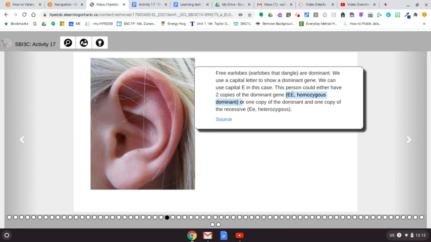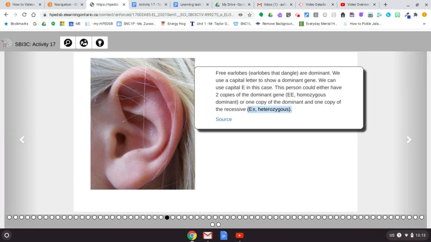Mom gave the dominant trait, dad gave the dominant trait. Or they could actually be big E, little e, because that's still going to show up with the same phenotype,